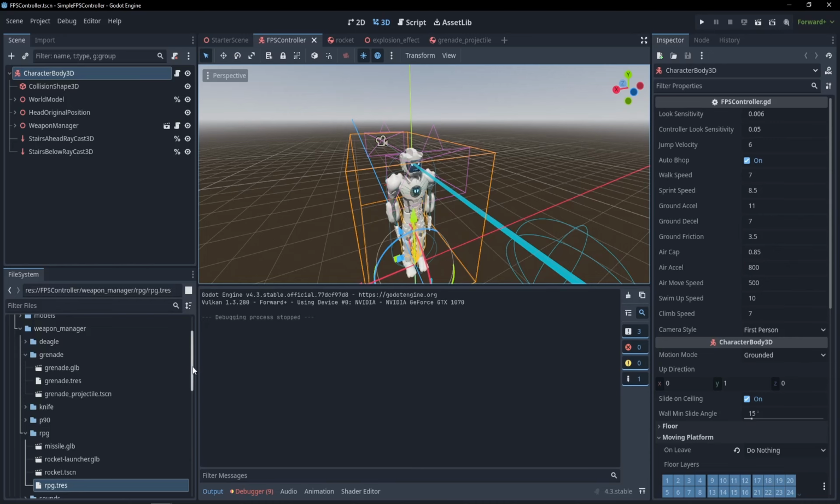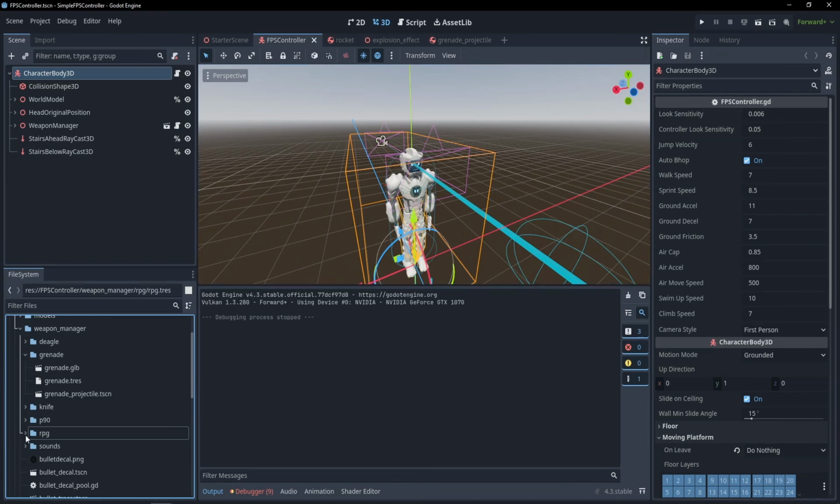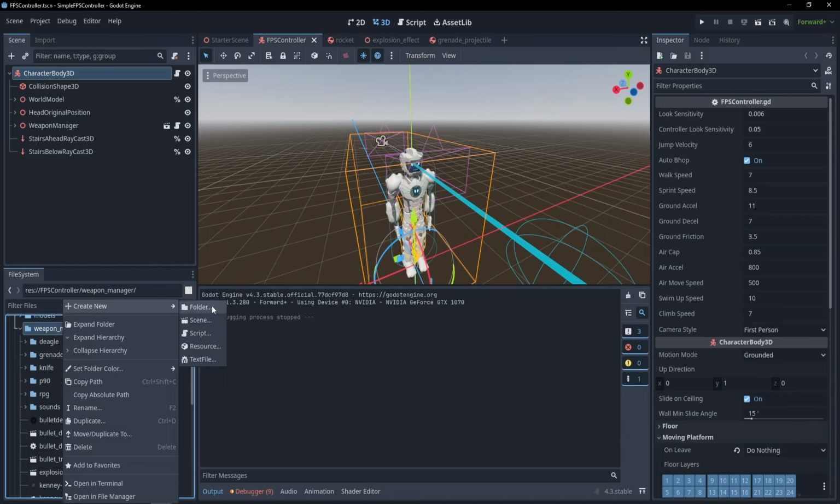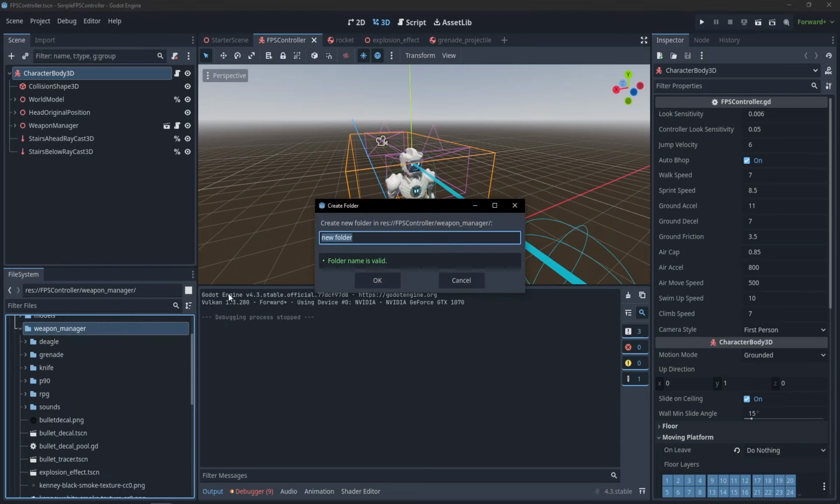So to get started, we're going to be using assets from the weapons asset pack. I'll have that link down below. It has assets for the crosshair as well as assets for the icons for the weapons if you're following along with this tutorial. And the first thing I'm going to do is create a folder in my weapon manager to